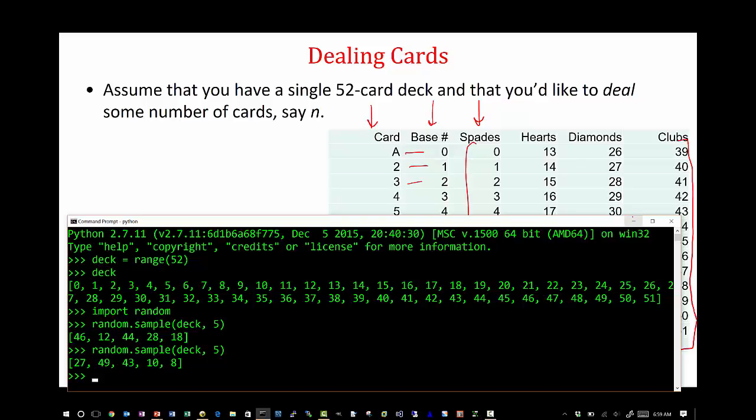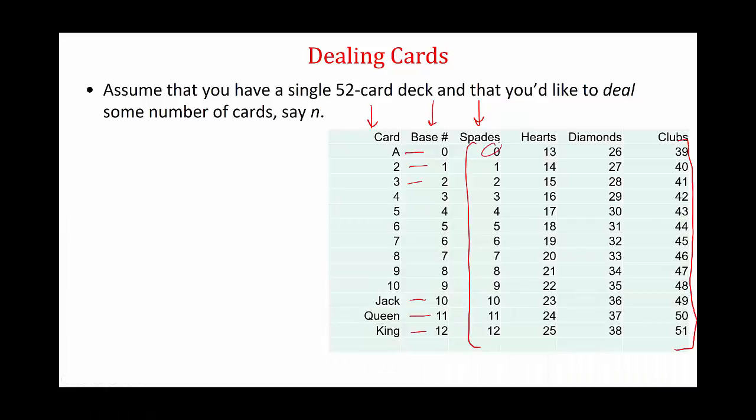And so if we have this representation, we can take any one of our 0 through 51 numbers, which we have right here, and convert that using our table into the two attributes that we need, which is the card and the suit. And so we can do this if we just assume that x is an integer between 0 and 51 inclusive. We can simply get the card using the mod function. So card equals x mod 13, and the suit,